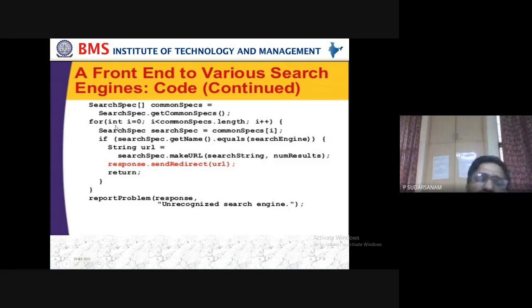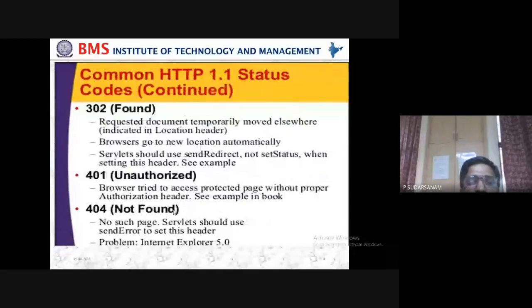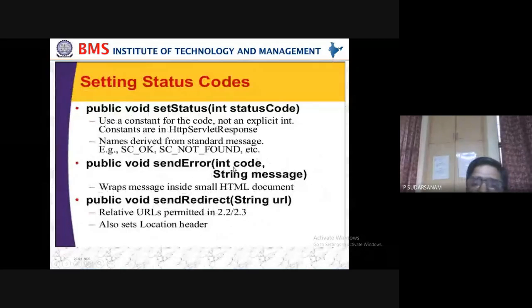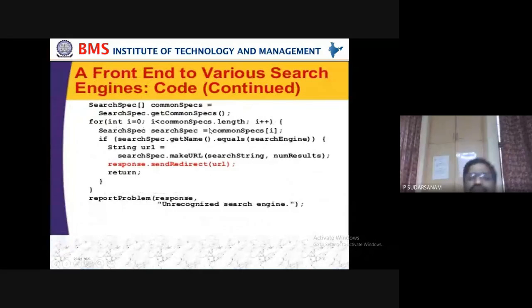So here you can write within the loop also. Otherwise, directly we can enter this one, which is nothing but the request dot. So what is that number? Here not for 302, 202, this one. So public void set error, you can give the numbers directly. Instead of 1 or 2 printing, you can check all the length, how much it is there, all the numbers. You can see some of the error messages here. I have written only report problems, one message, unrecognized the search engines. So like this, you can set the message when you are requesting something.